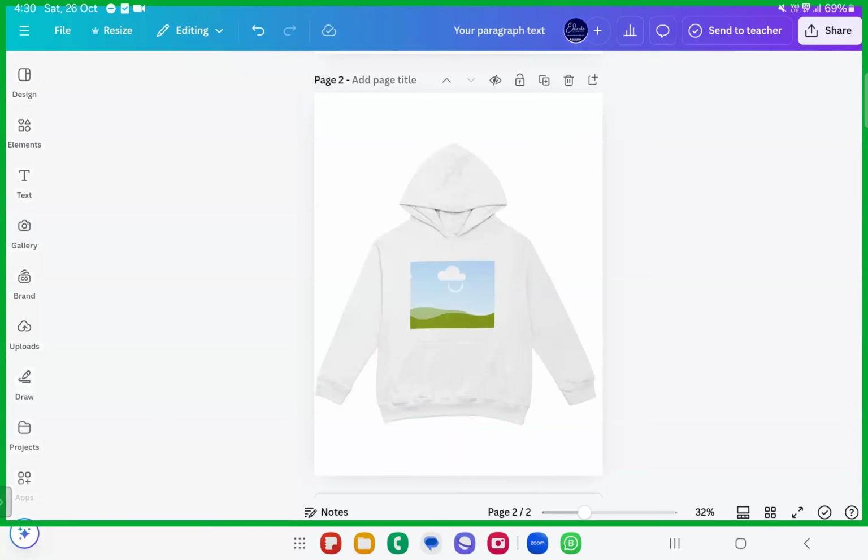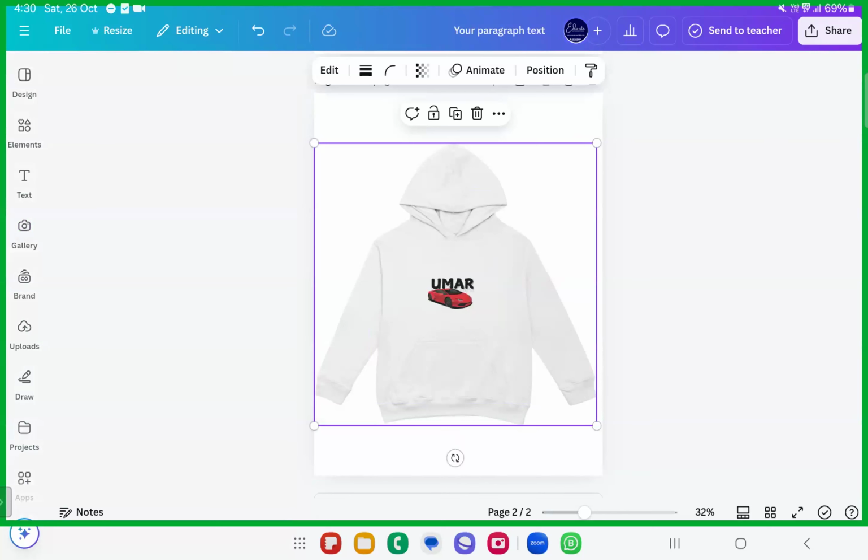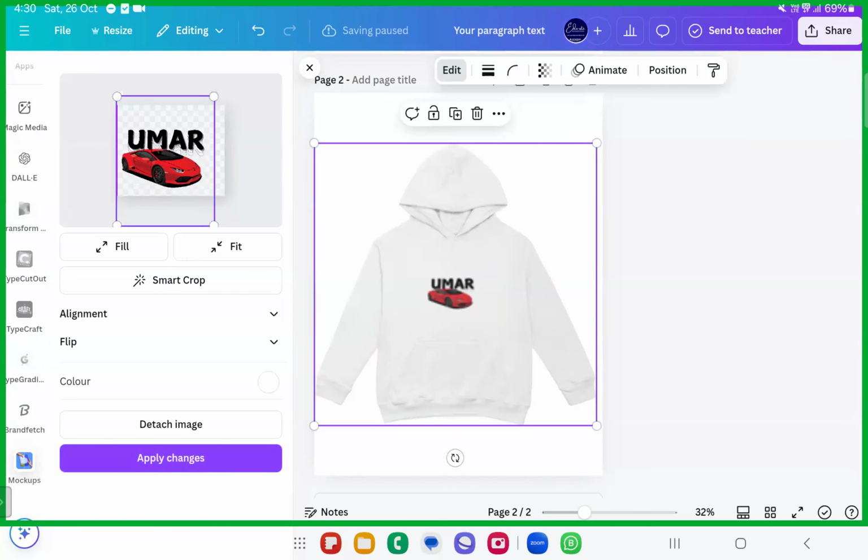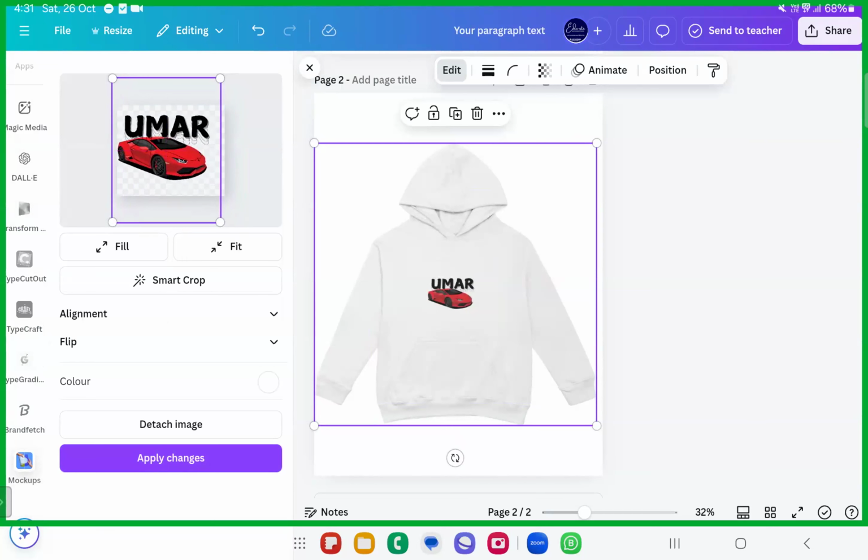Okay, then what else, dear sisters and brothers? What else is left out? They'll ask you even the color of this t-shirt. For example, if you don't want this t-shirt in this color. And also if you want to increase the size, just see here. You have to increase it in this regard, perfectly matching up with the screen size.